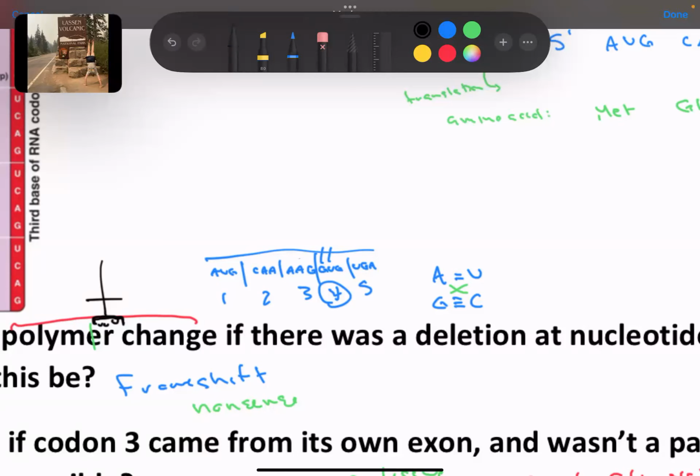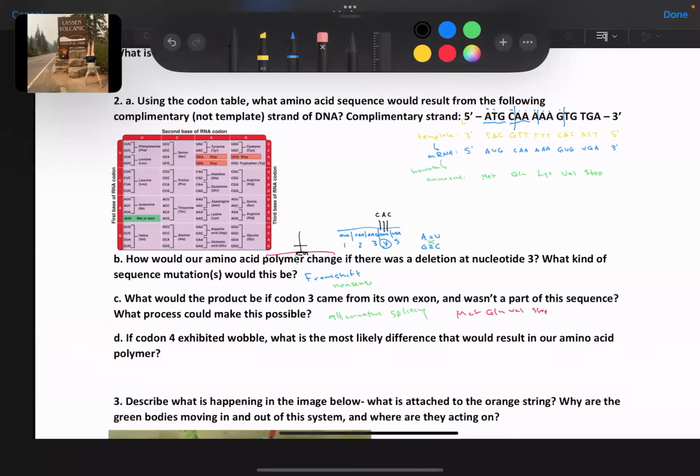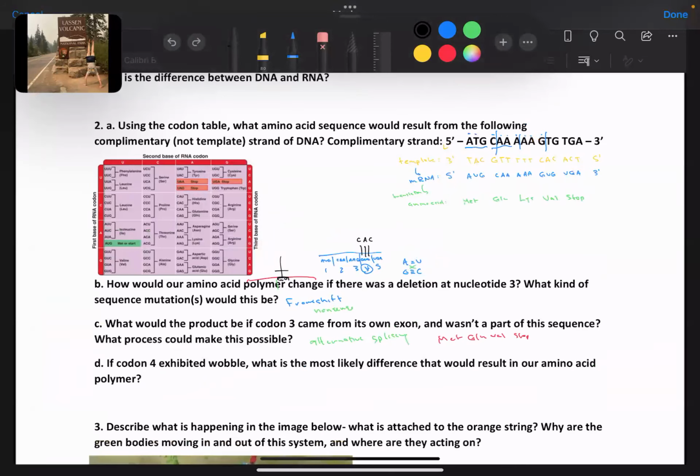Remember that lock and key example. They really need the first 2 nucleotides to be the perfect matches. So G has to have a complementary cytosine, and U has to have a complementary adenine. But G would prefer to have a C, but if we experienced wobble, like the question is asking,